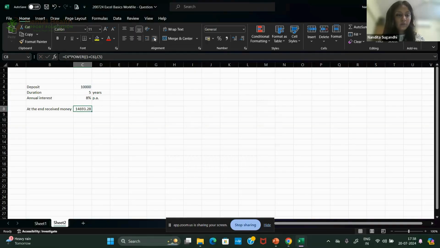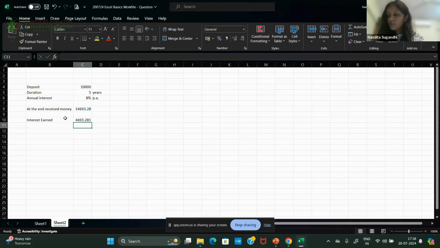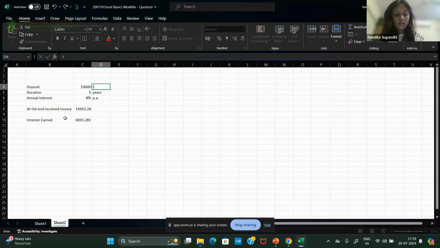This will be 14,693 rupees. So your interest earned would be this much. At the end of 5 years, you would have earned about 4,600 rupees as your interest, which is about 46%. Ideally, if it was a general interest, then you would have received just 40%.